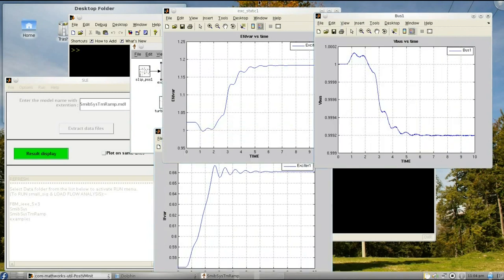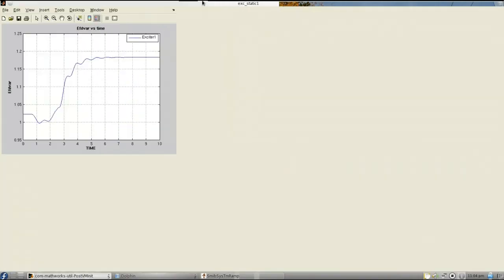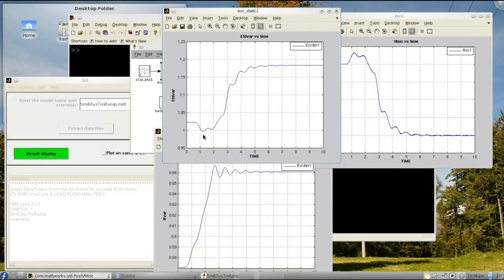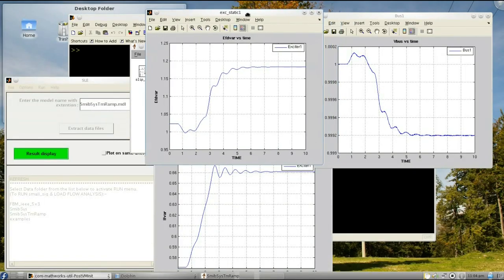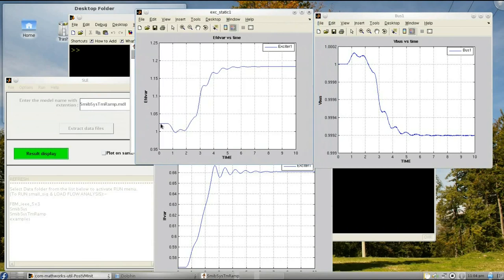This was because of the automatic nature of excitation field. So the initial power input of 0.1, it had some particular field value, but with the ramped value of 0.3 per unit, it's achieving the higher excitation.